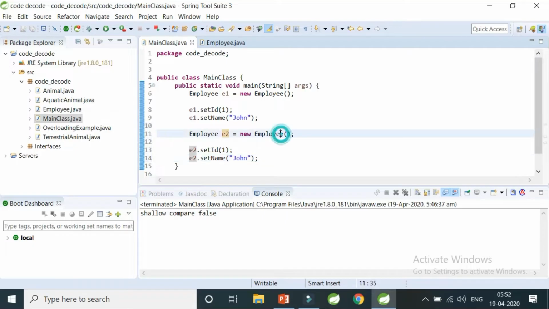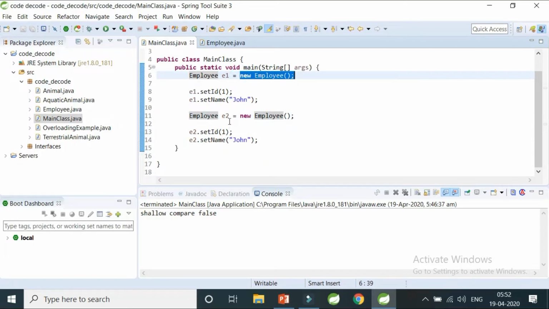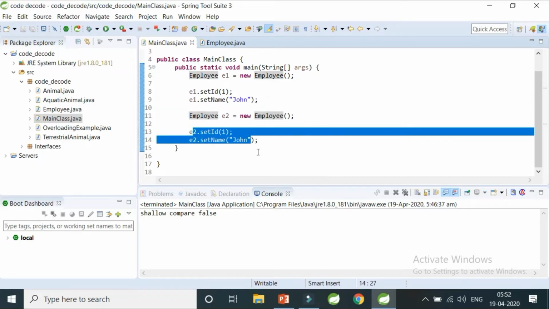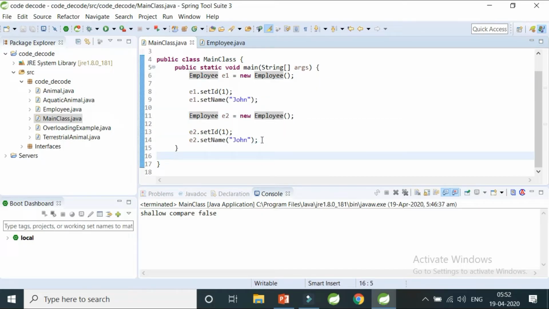Can you see these two objects we have created with the new keyword? Technically these two objects will be created in different memory locations, but my idea is to make the Java compiler understand that these two entities are logically the same. Why? Because they have the same id and same name, and the id is particularly a unique thing. So I want to make sure that the Java compiler understands that these two are the same object.